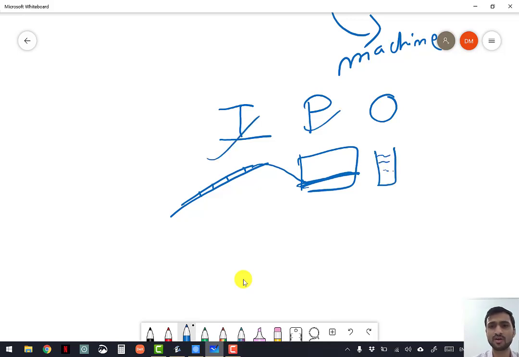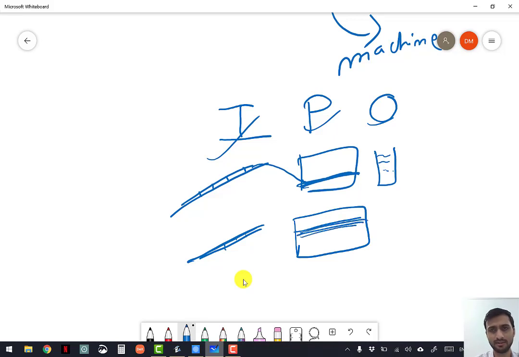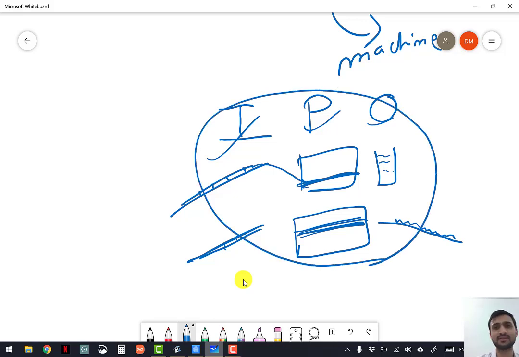Input, processing, output. Printer, an electronic machine. Input is your paper. Here it will scan, it will print through that ink, and the output is a paper with printed things, some writing, some drawings. So all machines work like this.